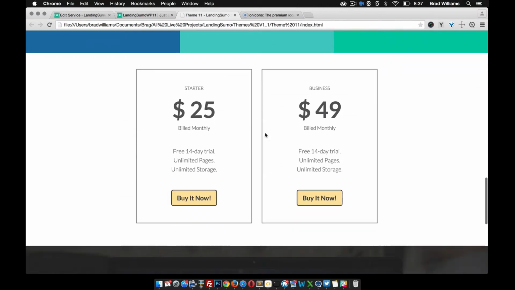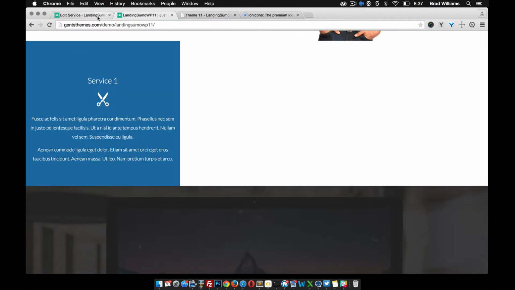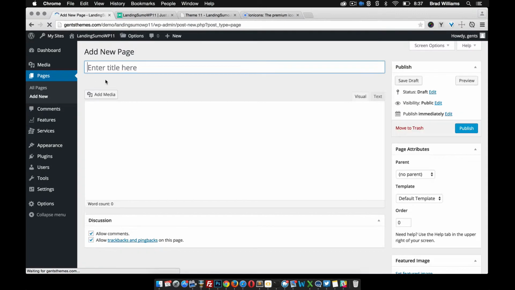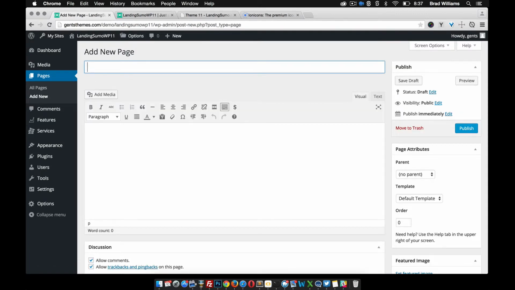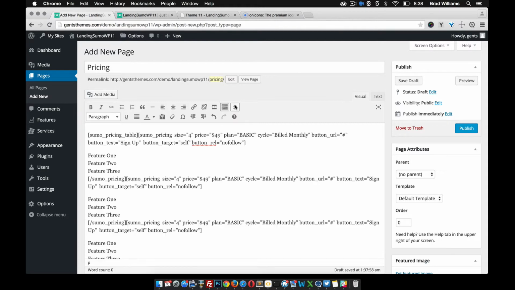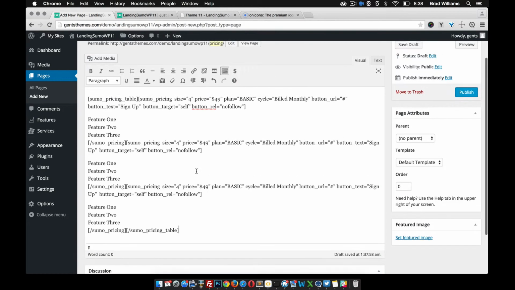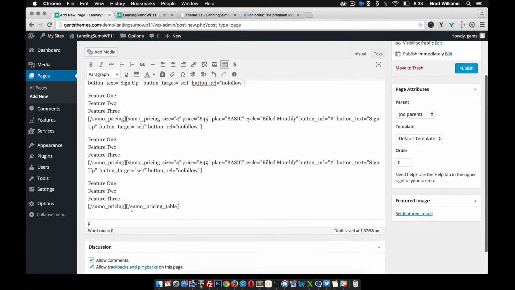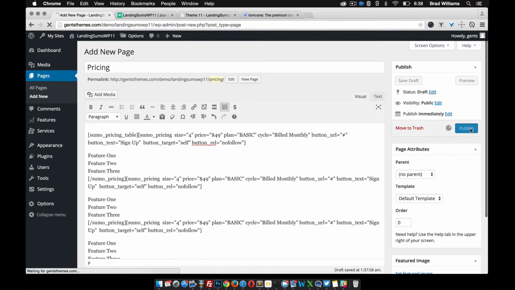So then we have a pricing section. So to get that going, we need to first create a new page. We'll call it pricing. And then notice right here, there's this little button called pricing tables. If you click on that, it'll automatically add some pricing shortcodes for you, so you don't have to write this out, and you can just change the content that you need to. So let's publish that